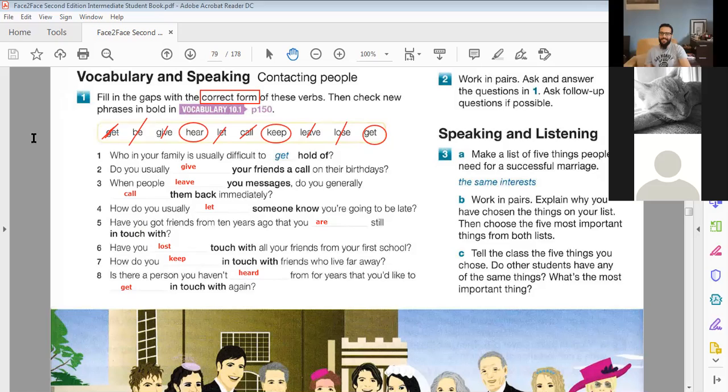All my family members. All my family members for me. Yeah, so they're all hard to get hold of when you need them, right? Nobody's there. Nobody answers. You give them all messages. You give them whatever you do. No return, no answer. Yeah, this is exactly what it means. To get hold of someone is to reach them, to contact them.